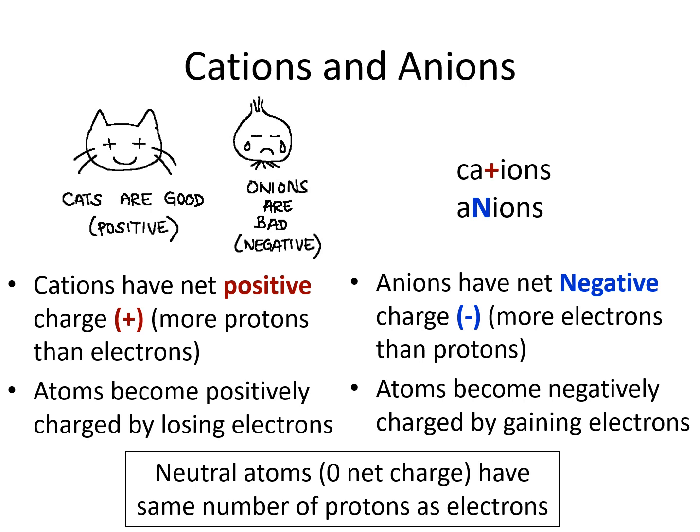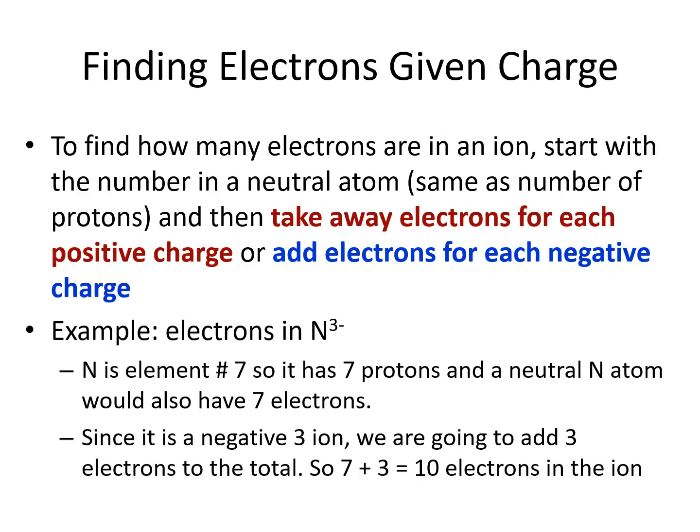We have already mentioned that neutral atoms have the same number of protons as electrons. If we know the charge of an ion, we can figure out how many electrons it contains. First, we would need to figure out how many electrons would be in the corresponding neutral atom. For example, if we know it is a nitrogen ion, we would look up nitrogen on the periodic table and find that it is element number 7, so it has 7 protons, and therefore a neutral nitrogen atom would also